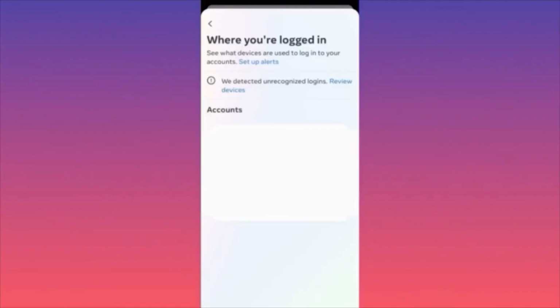When you click on this, you will see which accounts are currently logged in through which devices. For example, we have accounts 1, 2, 3, 4, 5, and each account is logged in through a different device: tablet, PC, phone, Android, iPhone. You want to make sure that you can log in and log out automatically through all